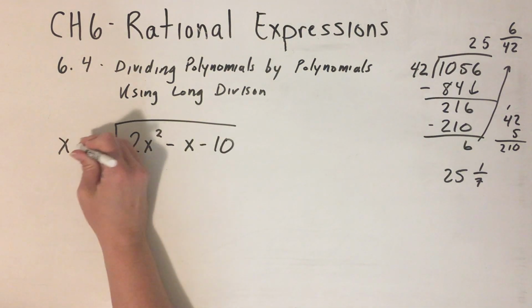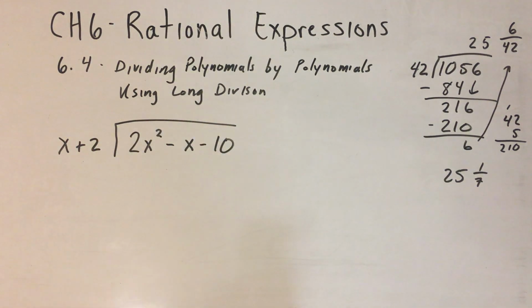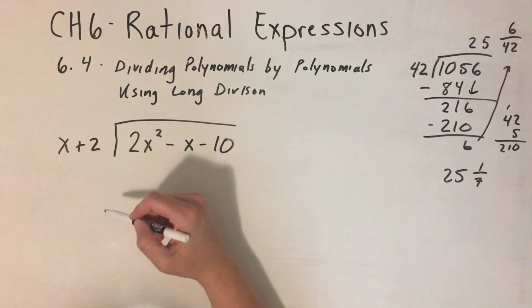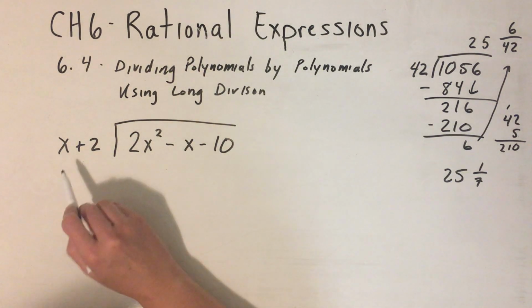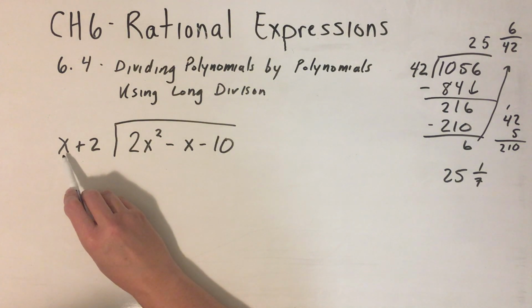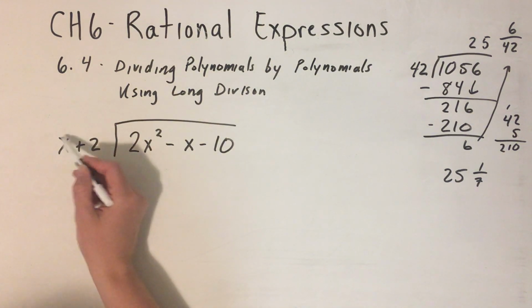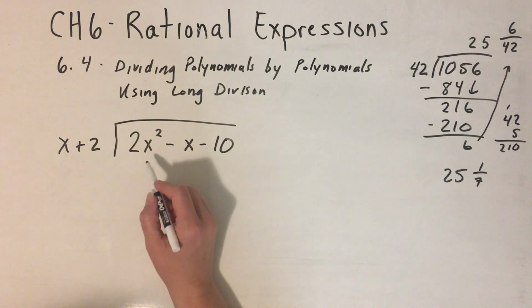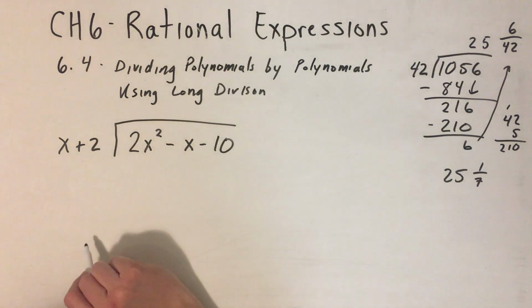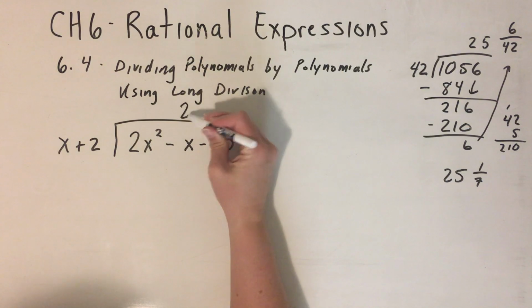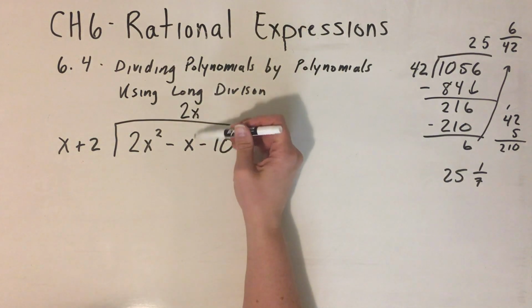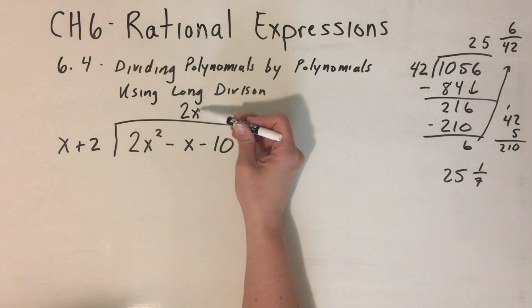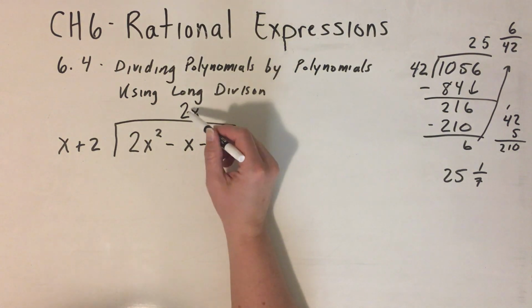So we'll divide it this way and say, oh, we're dividing by x plus 2. But when we're talking about polynomials, we just take the x and we say, well, what would I need to multiply this leading coefficient by to make it 2x squared? And that would be a 2x. I'm going to put that 2x here in my x column because it's not squared, it's x to the 1. So I'm going to take 2x